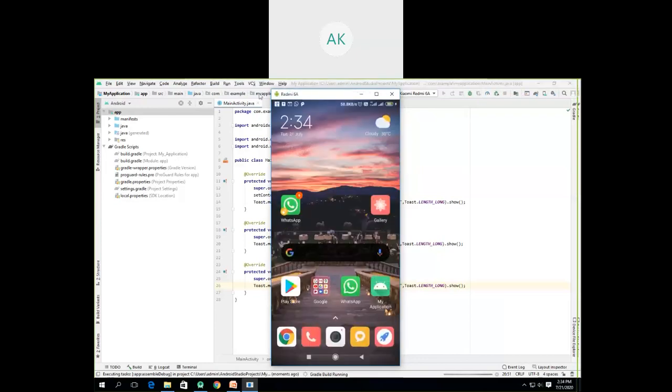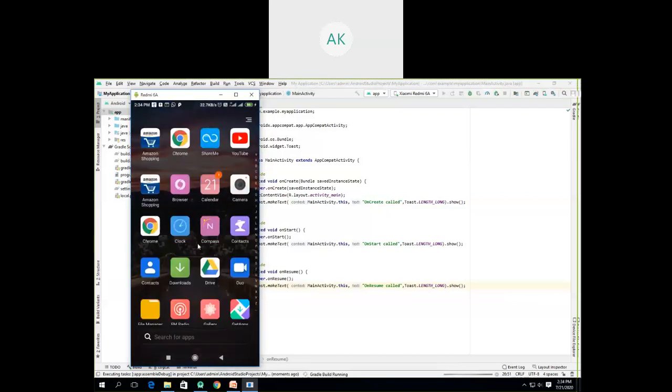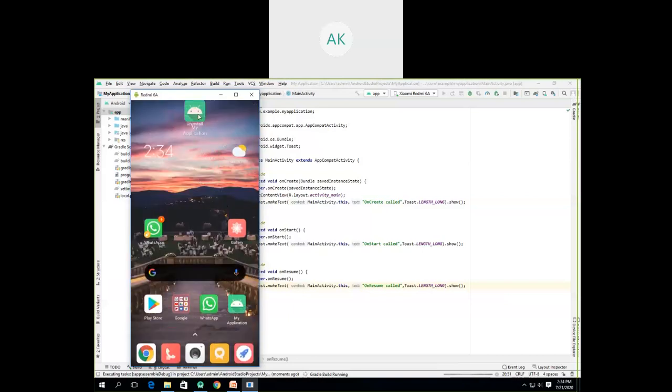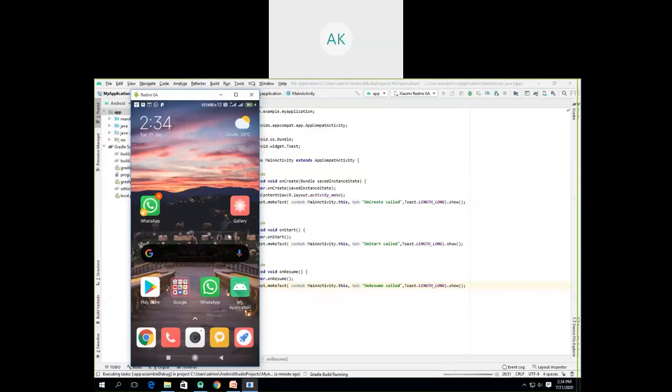Okay, so as you can see, my application is building currently, and once it is built, we'll try to run this app. Typically building an app on Android takes a slightly longer amount of time, so you have to code with patience.